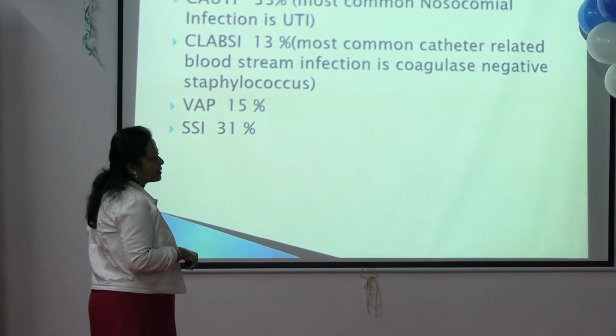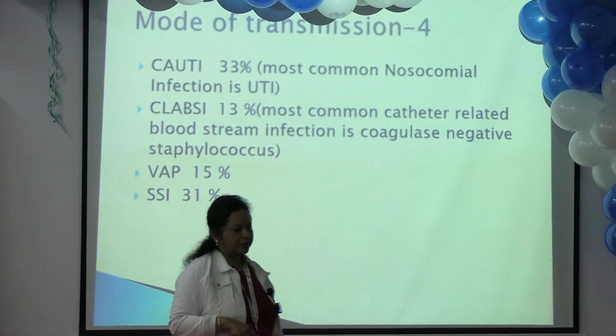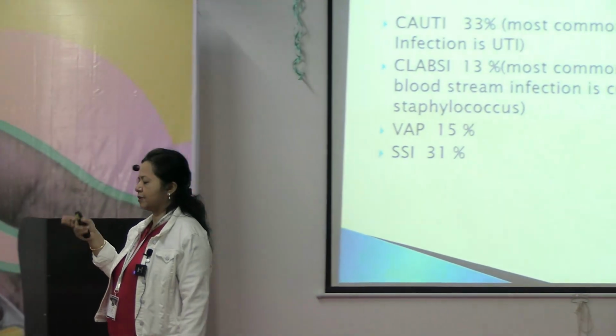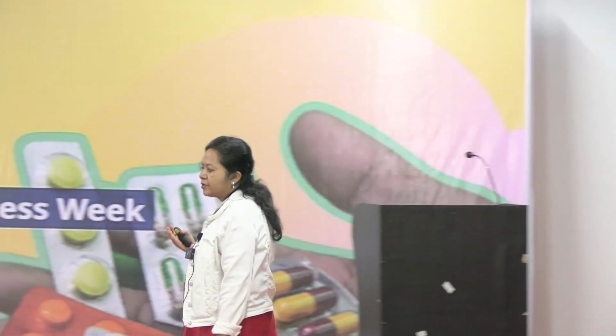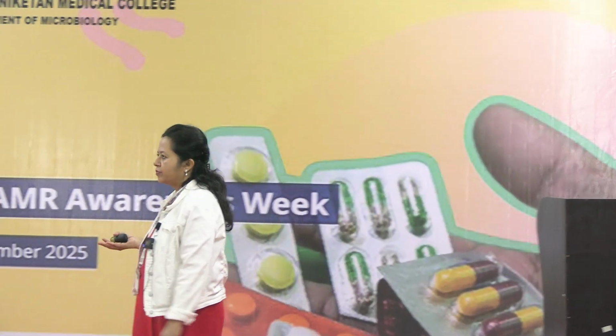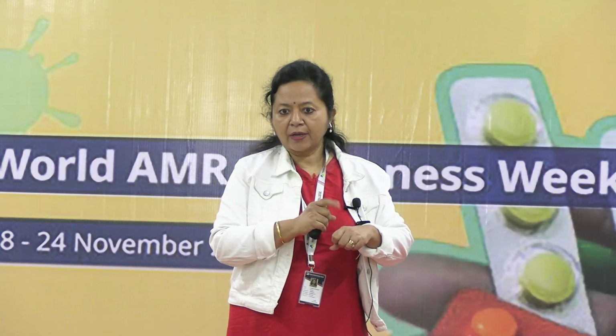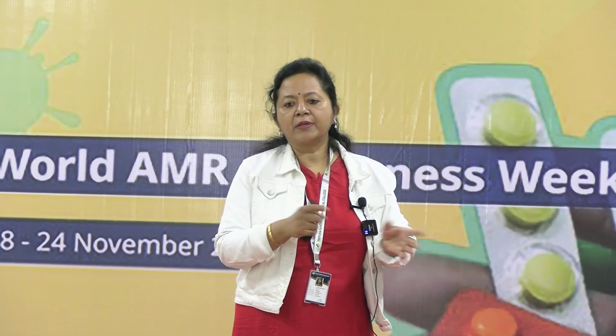Then is SSI, that is surgical site infection. Okay, a patient had a cesarean section, and she went home usually after 2 days, and on the 4th day she has developed pus from the incision site. That incision site has become red, and she's having some pain also. So she has to follow up with the doctor, and we have to take a culture of that pus, to see if growth is there. That means it is a surgical site infection, right?